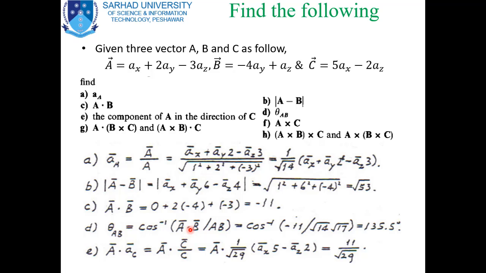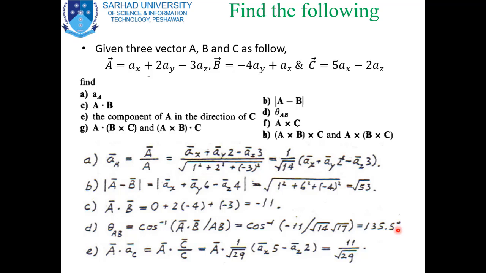So A dot B is equal to 11. This represents the magnitude of vector A, which is under root 14, and this represents the magnitude of vector B, which is under root 17. So by calculating this on a calculator, we will obtain